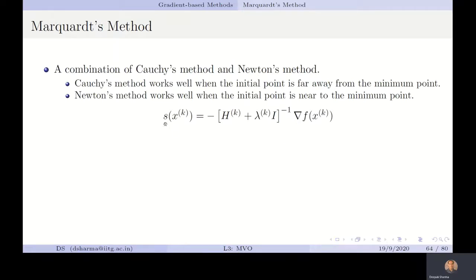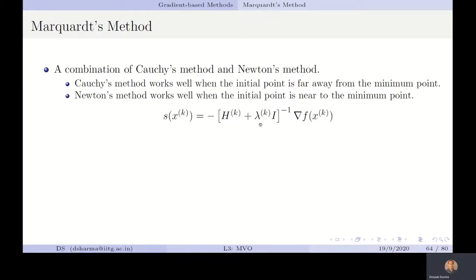We have a direction Sk that we are making. So you can see a matrix and we are taking an inverse, with a minus sign. It is quite similar to our previous method, Newton's method, in which we take an inverse of the Hessian matrix. Instead of that, now we have the matrix Hk plus lambda k times